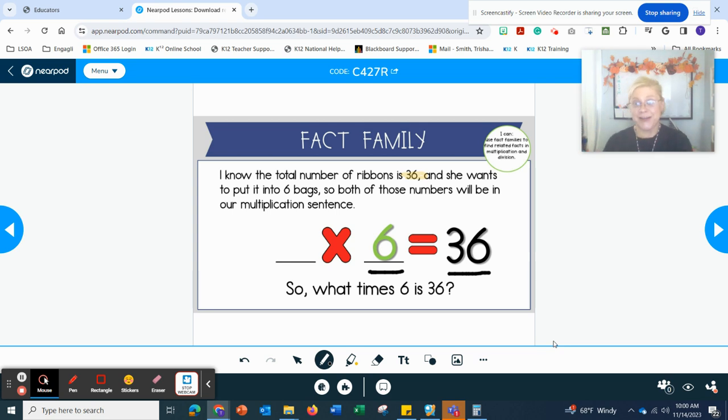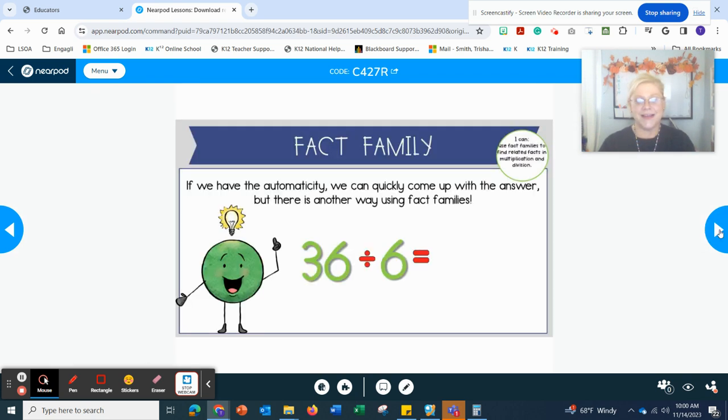If you're in chat, you'd be blowing chat up because you would have the answer right now, wouldn't you? So if we don't have the automaticity, which is so much quicker,